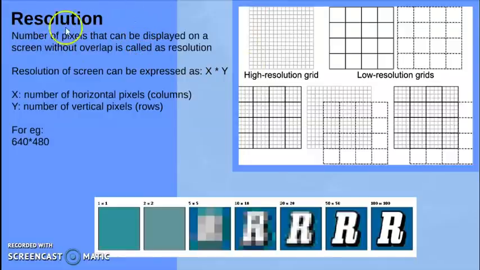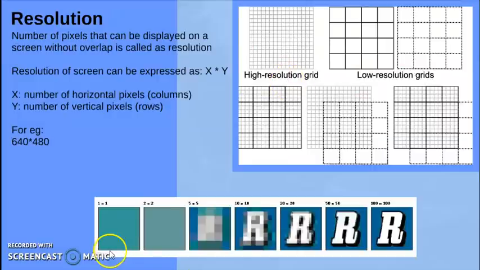Now, what is the impact of resolution on my image? A very good example here. This is the example of a low resolution screen. Why? Because the size of the pixel, the spacing between individual x and y here is more. I could see only 16 pixels here as we have divided it into 4 cross 4. Rather, if I make this low resolution screen a high resolution screen by increasing the rows and columns, that means to 16 cross 16, I could add fine details to my image. Right, so this is what we mean by low resolution and high resolution.